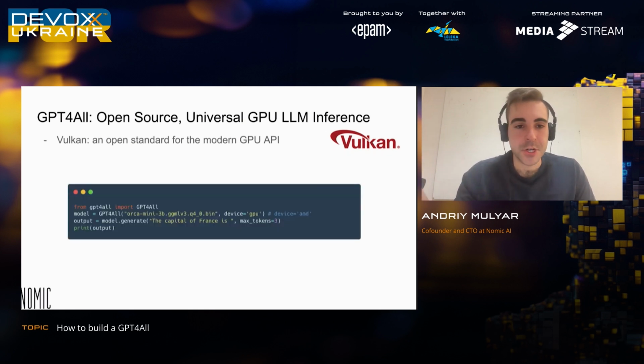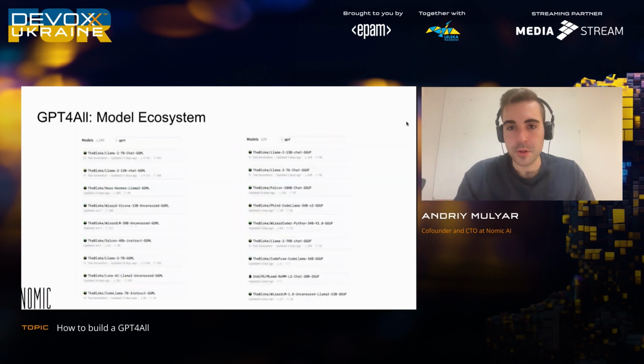And if you want to use it in your code, there are various bindings for it. The easiest one is Python. You can literally go in and load up one of your models. So this is a model called Orca Mini. That was actually the one I was just showing you run right there. You could literally replicate everything I just ran for you in Python. And the way you do it is you say device equals GPU, and magically the open source code base handles the rest. You go in, the GPU gets automatically detected, it gets run. You have to know nothing about how the GPU works. Easy as pie.